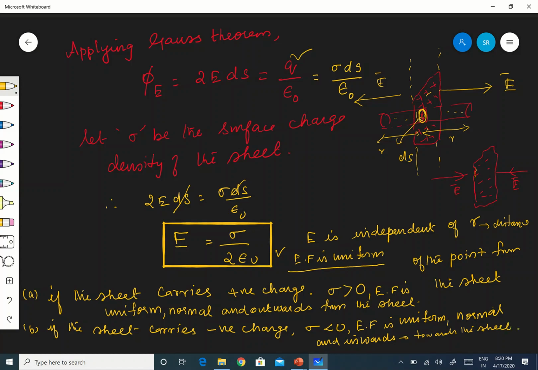Hope you are following. Is it clear? Okay, so this is about the electric field intensity due to a thin infinite plane sheet of